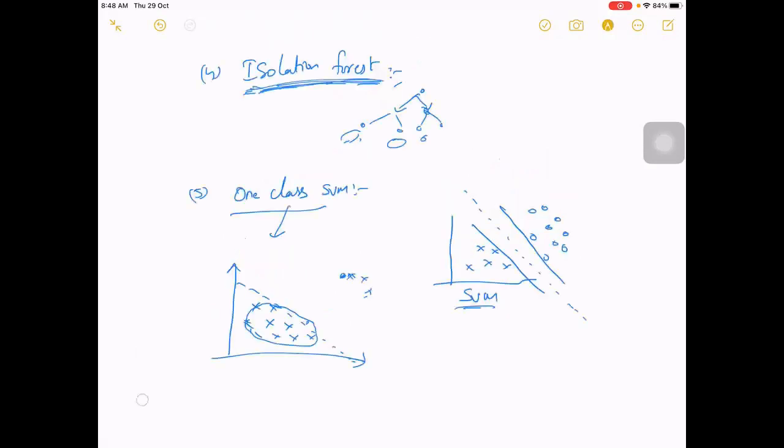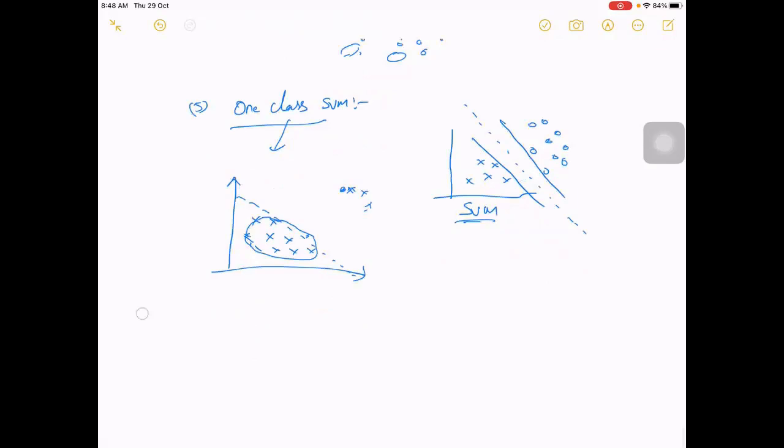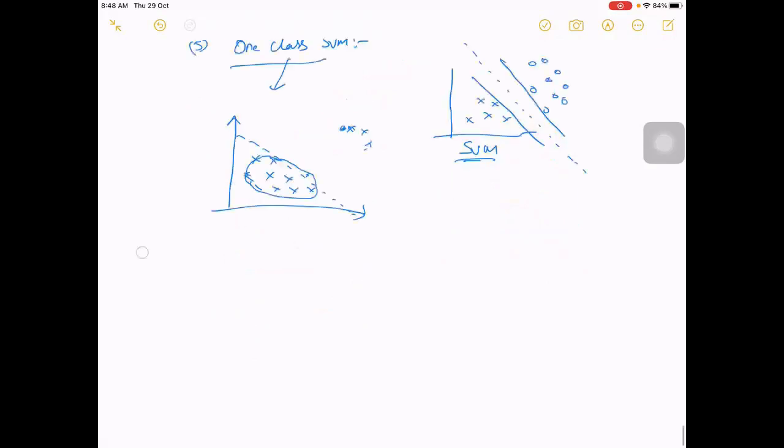One class SVM also does a very good job at that. For that, we have to train only with clean data. Let's write it as non-anomalous data and anomalous data. Non-anomalous data is this and anomaly data is this.